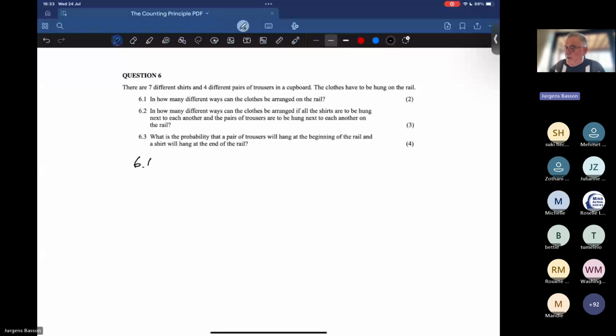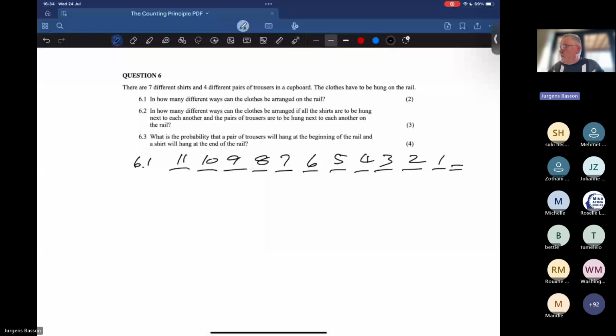So 6.1, very clear, there are 11 clothing items, and you go 11, 10, 9, 8, 7, 6, 5, 4, 3, 2, 1, which will give you 11 factorial. When you work this out on a calculator, you will notice it is a very big number. So 11 factorial, no restriction. It's 11 clothing items. They're different. There's no repetition, and we place them on a rail. When I go to number 2,